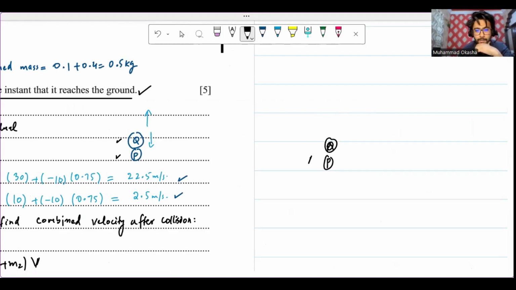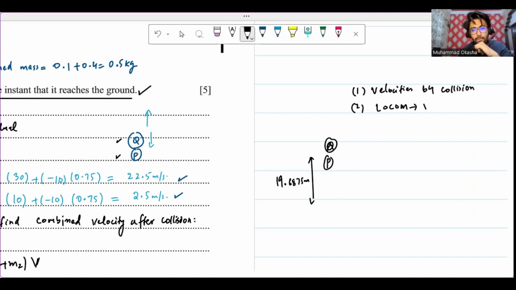They collided at a height of 19.6875 meters above the ground. First things first, we worked out their velocities before collision, right? Then I applied the law of conservation of momentum to work out their combined velocity after collision, right? Then I used simple kinematics